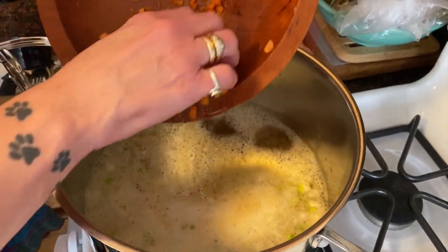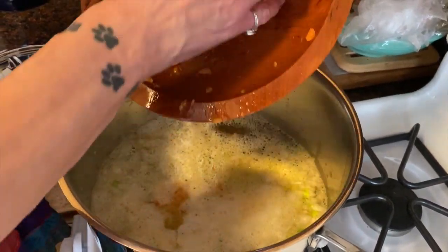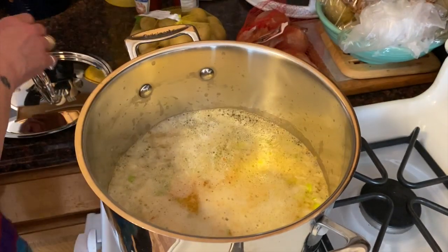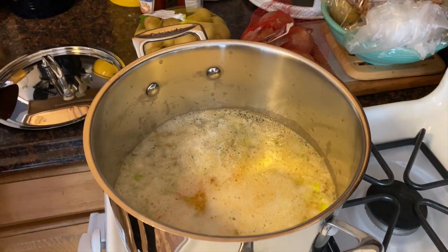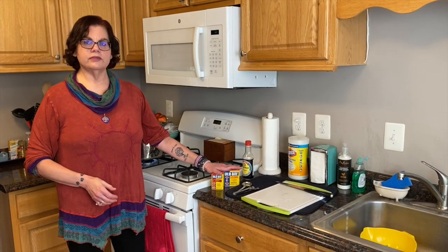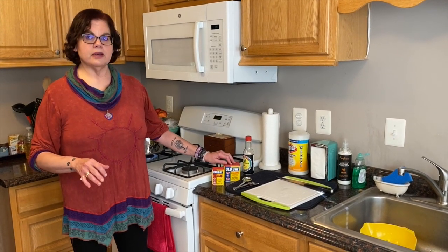We're gonna get our seasonings in here and then we're gonna let it cook a little bit. Okay. All right. Let's go ahead and put the seasonings in now. Okay, now it's time for the spices. This is the heart of the soup right here, and the crab. But this is really what makes my mom's crab soup,